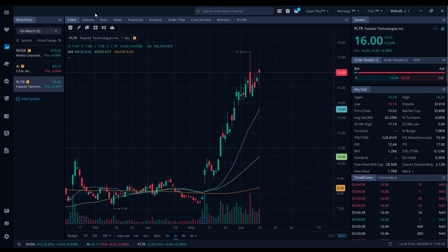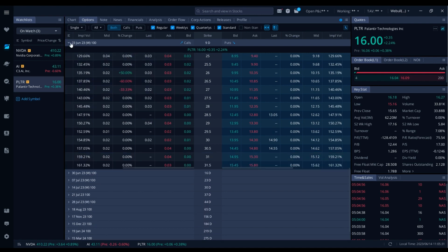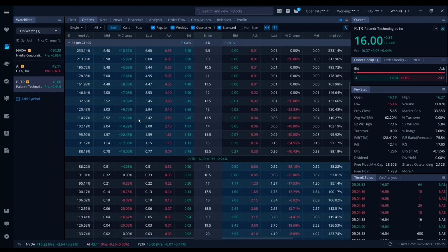So what you want to do is go to your broker or to your platform where you're buying your shares and your options, and go to the options tab. And here you go. This is the options tab. Now you want to be going, for example, to the options for Friday. You can already apply it immediately. Let's say the 16.50. You can sell one option contract as you have got 100 shares, and you can sell it for